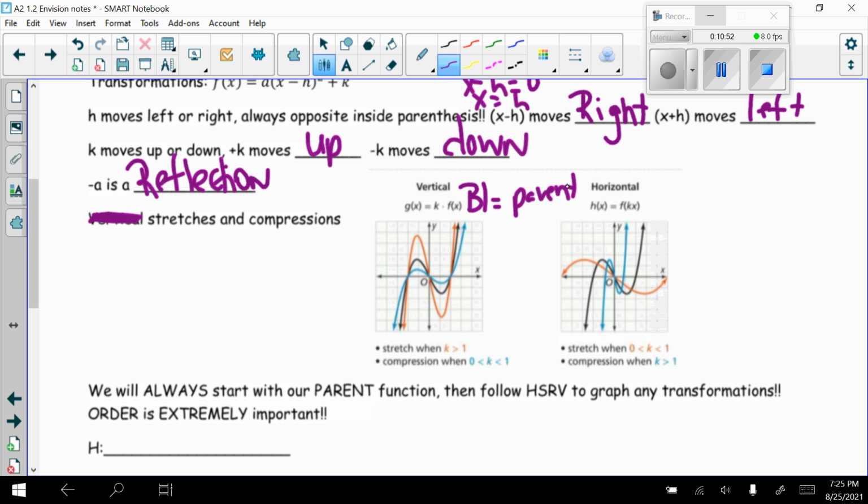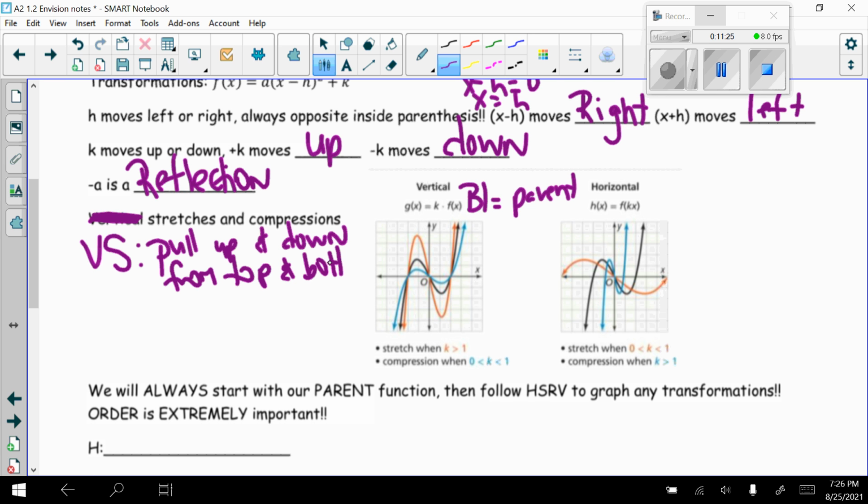It tells me that it's a stretch when k is greater than 1, so like 1.5, 2, 3, 4. It's a vertical stretch, so I'm just going to say VS. That's like imagining that we are pulling the graph